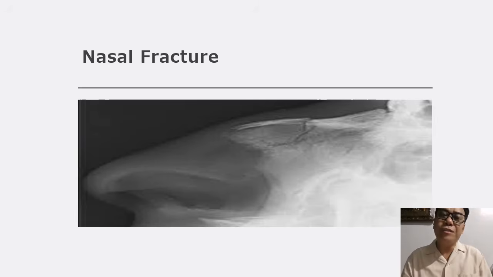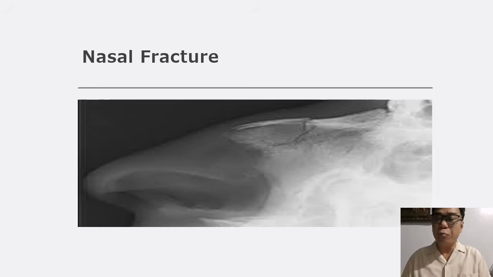Okay? So for us to be able to at least reconstruct the face again, they could have some open reduction. Okay, so for operations, they could have septoplasty if it only affects the nasal septum. Again, they're just going to realign the nasal septum. However, they could also do some rhinoplasty, so the reconstruction of the whole nose. Okay, so those things, may it be septoplasty or rhinoplasty, are being done to realign the fracture and to assure that the septal hematoma will not develop into infection.